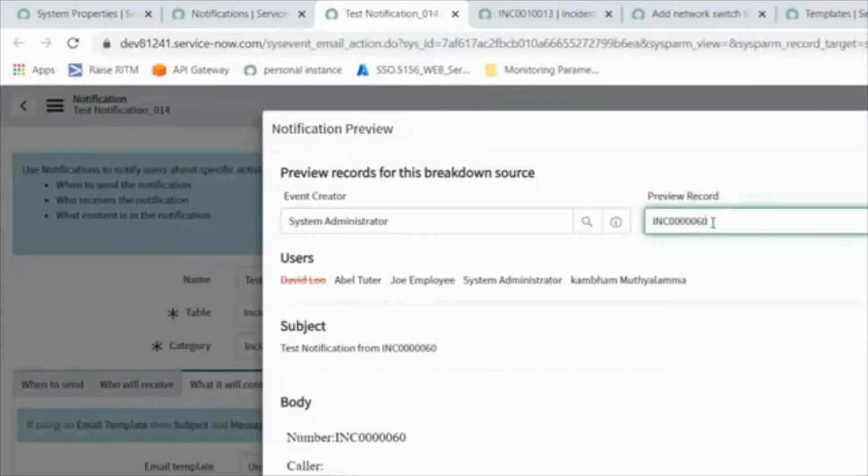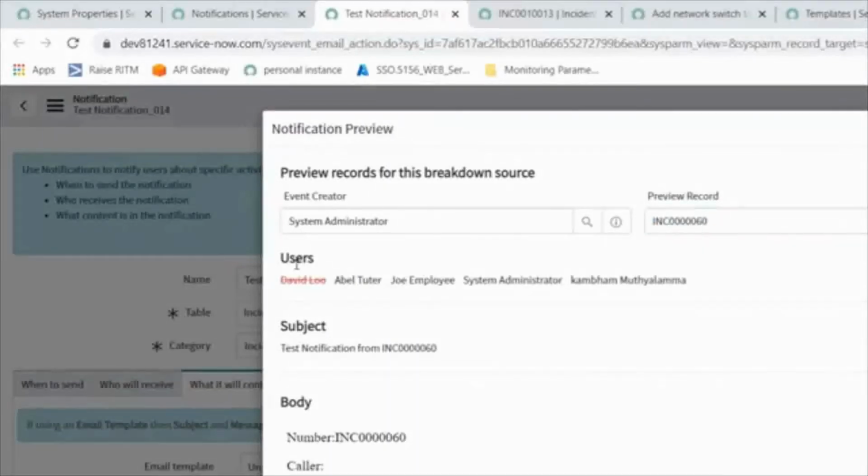I'm talking about dynamic values, right? I'm talking about this one only. Dynamic values in the sense that whenever a user creates a new record, it automatically creates the incident, and whatever records create incidents, it will take so many records, not only a hard coded value. If I hard code one incident, it will take only that incident and create it only one time. That is not recommendable, right? That is not a good practice as well. So it is always recommended to pass dynamic values instead of hard coded values, correct?